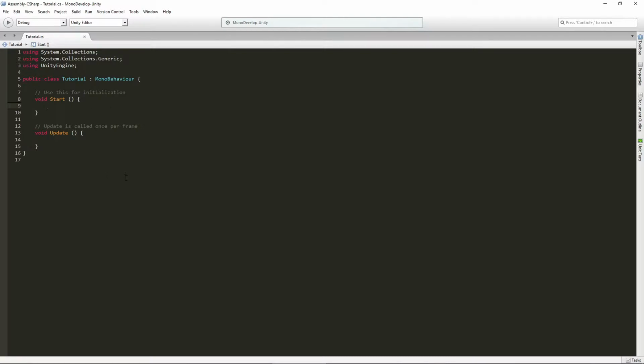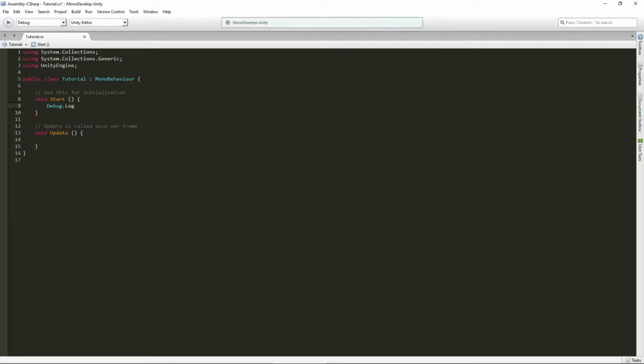Basically, you might have heard of print, unless this is literally your first time doing anything coding whatsoever. Even then, you still might have heard of print. Print basically prints out a line of code in your console. To do this in C# and Unity, we're going to do this in void Start. You do